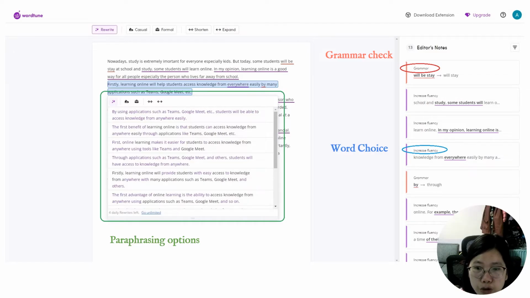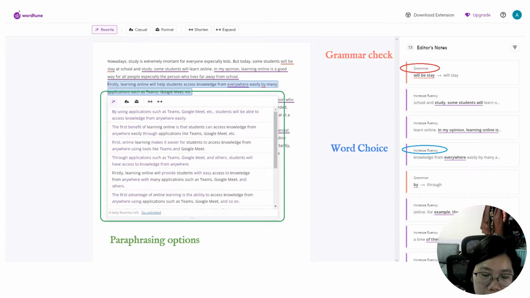And this is Wordtune, the tool that I use to let students revise their writing. Now, for example, the student can enter their writing here, and the tool will analyze their text. For example, if there's some grammatical problem, it can be underlined in the right margin. And after that, there are some suggestions for word choice.